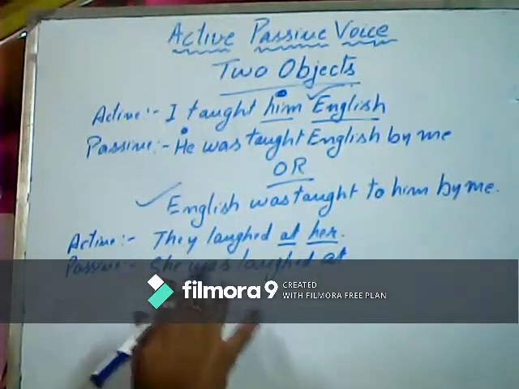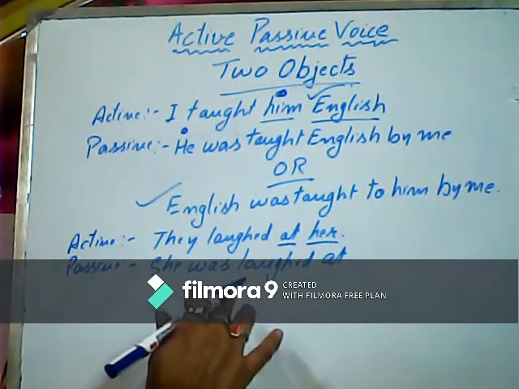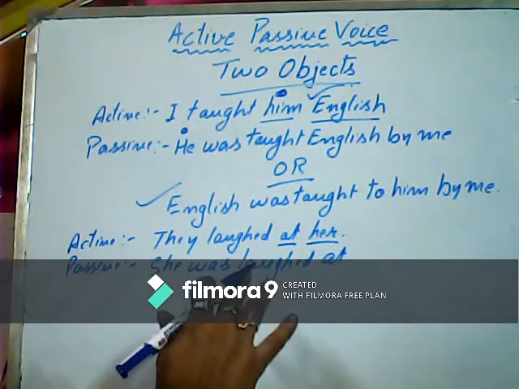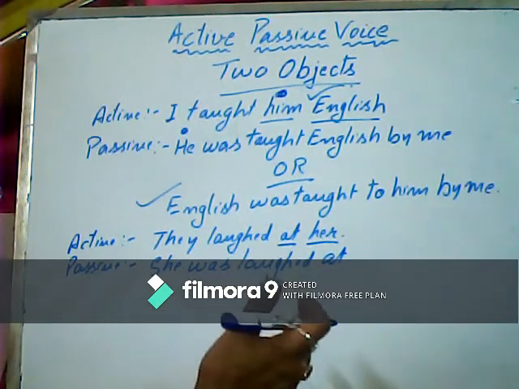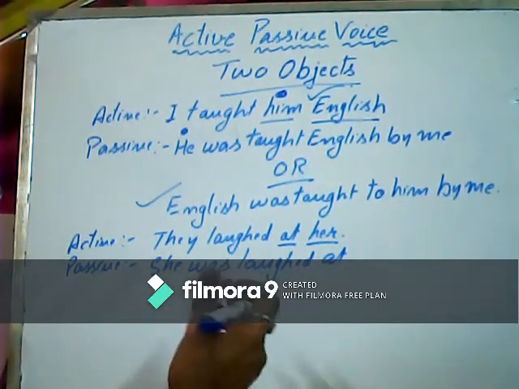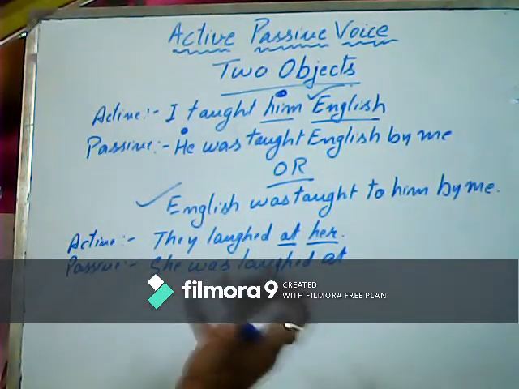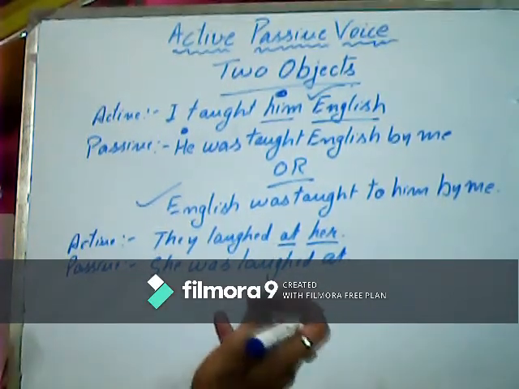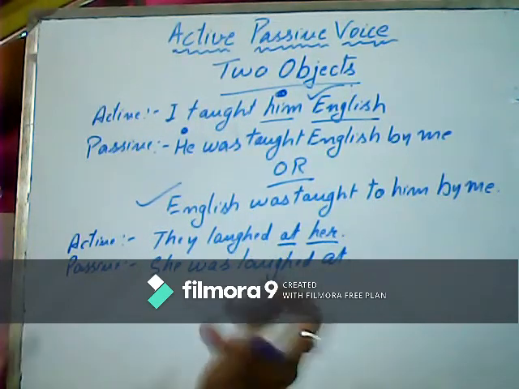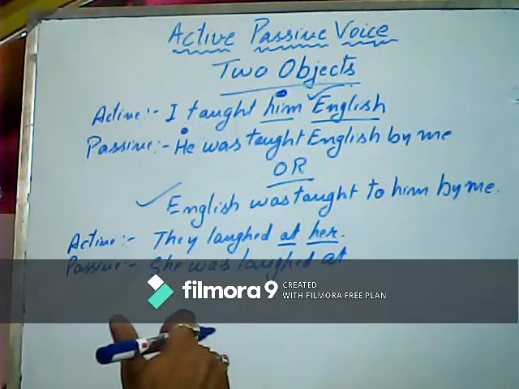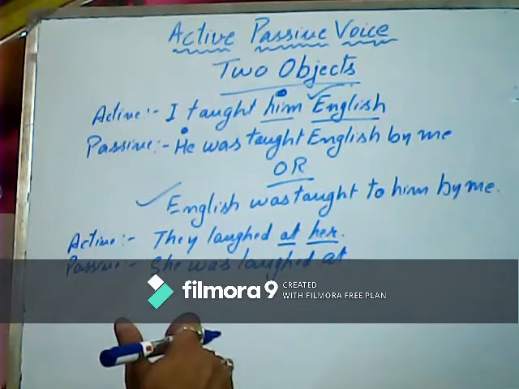Because they is not important. They is not at all important. We can end the sentence here itself. Then it's correct. By them is not important. As I told you in an earlier case also, sometimes the subject is they, meaning the public. So it is already understood that she was laughed at by the public, by them. So it is not important over there. So in this way we keep on changing the active voice into passive voice. Okay.